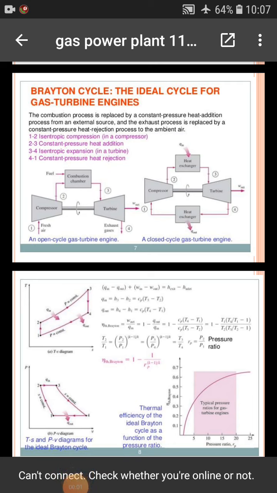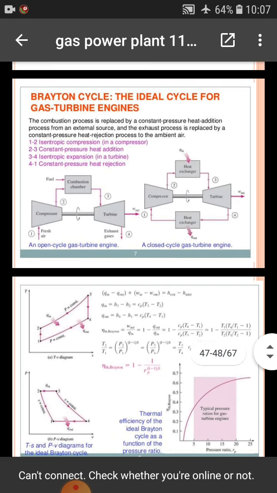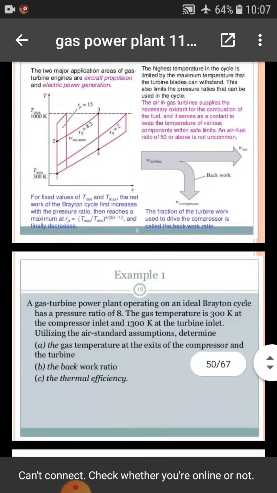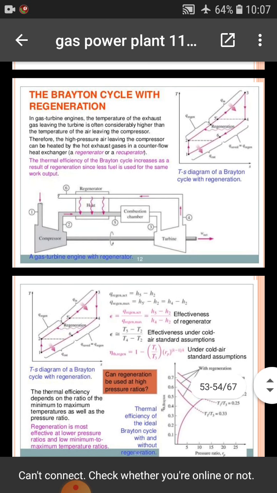Good morning, friends. In the previous lecture, we have seen the air standard cycle of a gas turbine power plant, and the ideal and actual thermal efficiency of a gas turbine power plant. Today, we will discuss the Brayton cycle with regeneration. Here, in a gas turbine engine, the temperature of the exhaust gas leaving the turbine is often